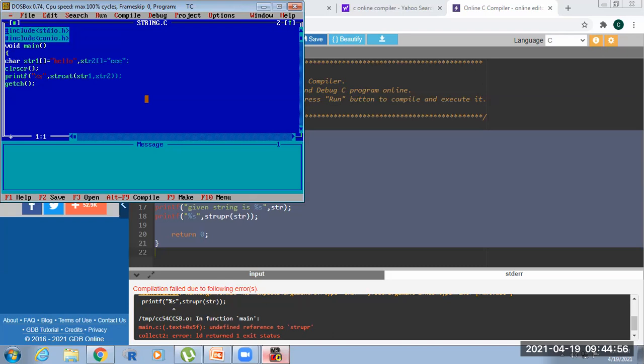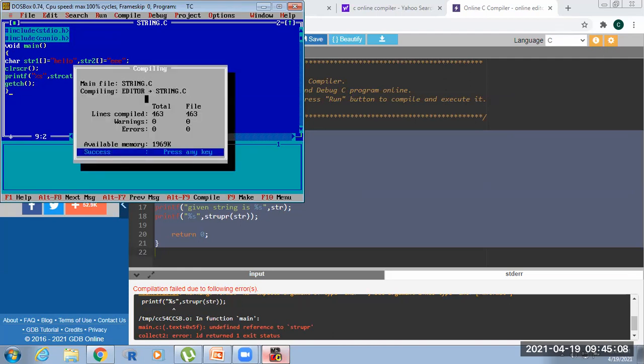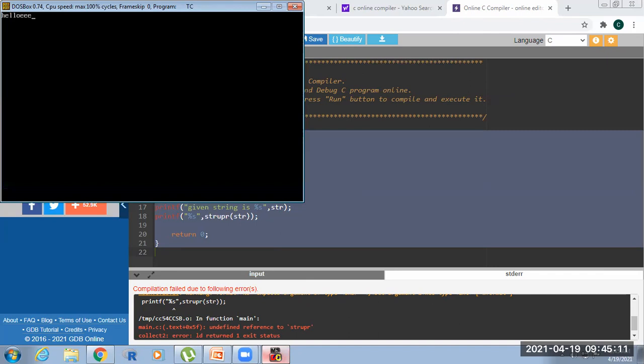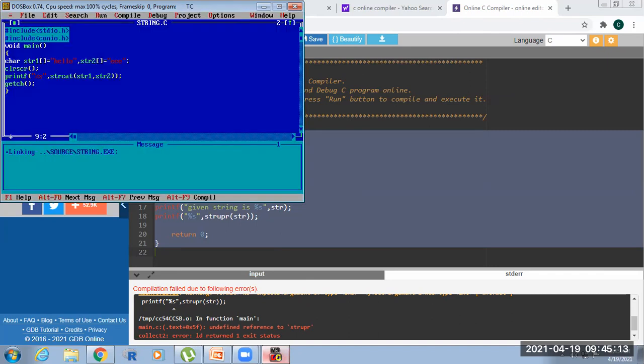So I just compare two strings. strcat concatenates two strings by using the command string cat. So hello, then concatenate. Then if you want to reverse the string, we are using the command string reverse, for only one string.